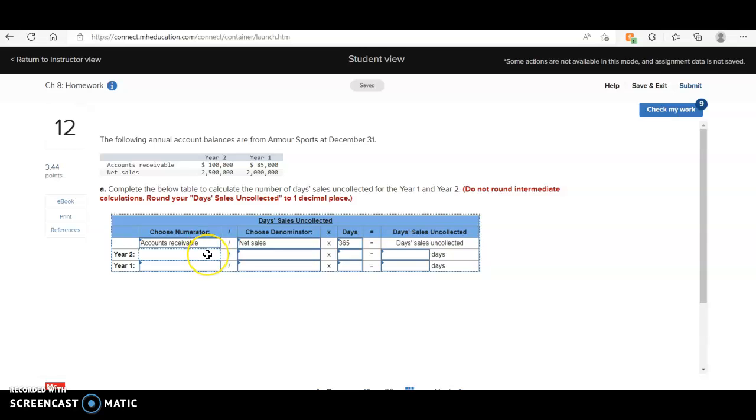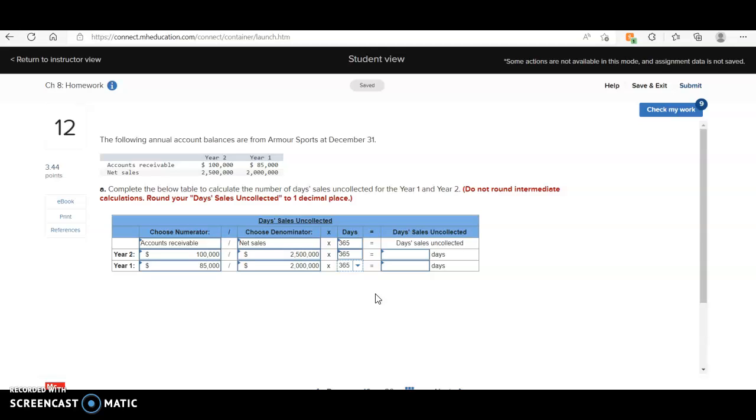They have year 2 listed first, so we're going to plug in 100,000. Net sales was 2,500,000. And it's still times 365 days. And for year 1, it was 85,000 and 2 million times 365 days. And this is one of the very, very few times that Connect does not do our